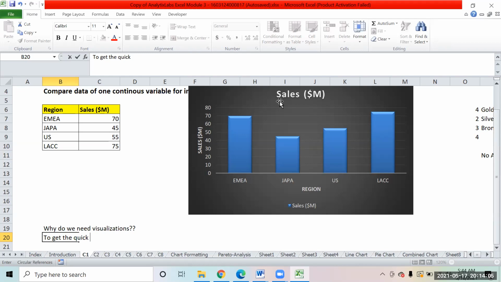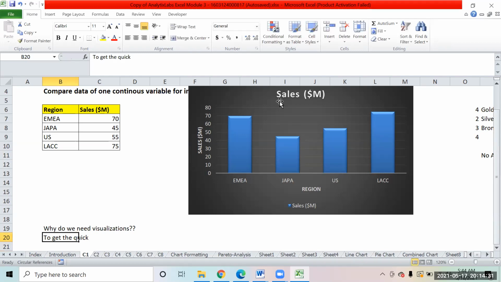That is the same purpose for which we use charts here in Excel or in any other tool. In fact, you will be learning to create charts not just in Excel, but in Tableau, Power BI, R, Python. All the tools that you are going to learn, everywhere you will see that we will be creating charts, because these charts play a very important role in terms of data representation. So let's get started.